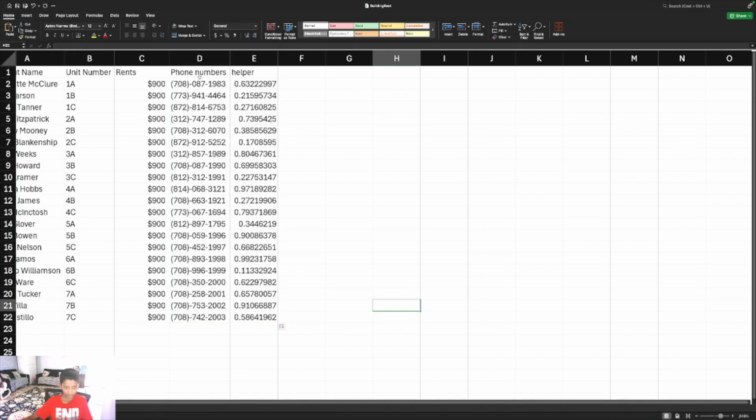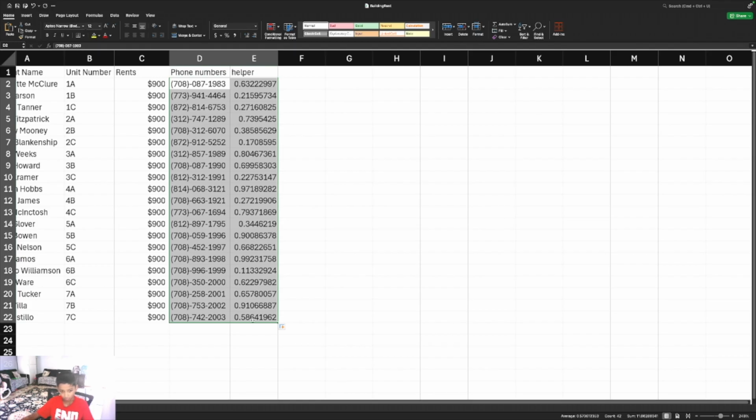We will select all of these by first clicking the first phone number, so 708 087 1983. We'll click it, and we will hold shift and then click on the very last row of this second column. So we have that. We can also start at phone numbers. We will do that, and it will give us some averages and some sums. But we can go to data,